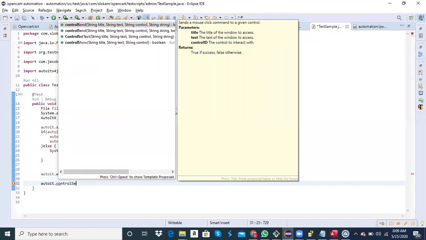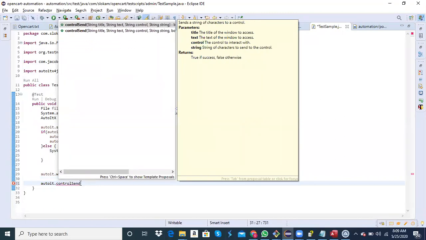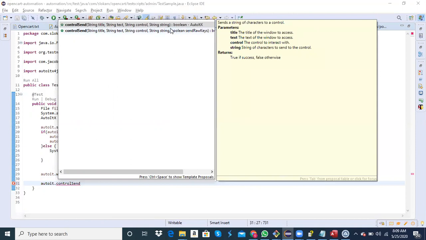ControlSend. Okay, so ControlSend, you have two forms. One is normal, and then another one is boolean.